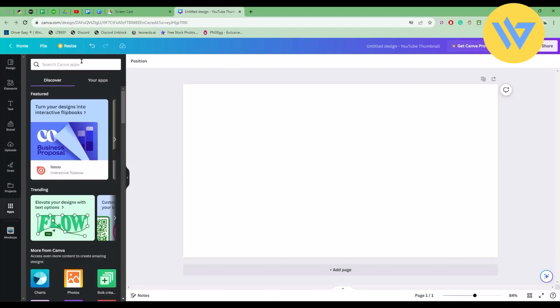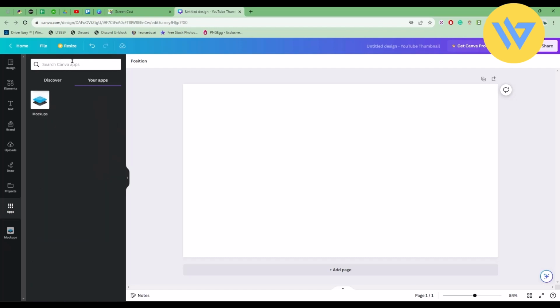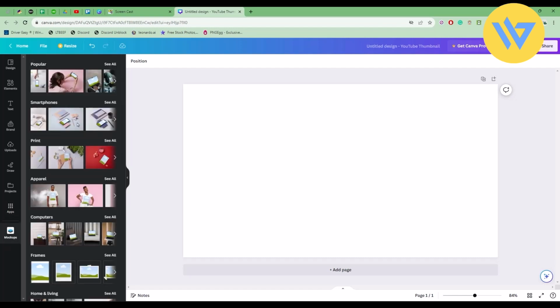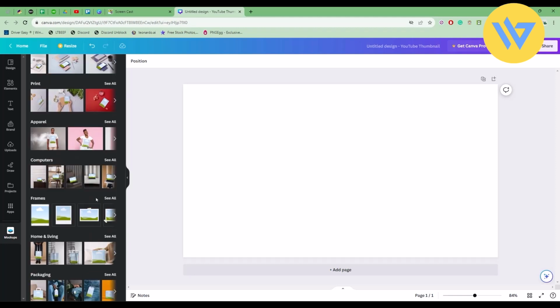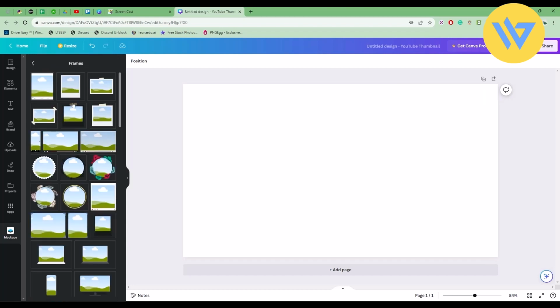Now in apps you have to get the app called mockups. So just simply search for mockups over here and then just simply click on it. After that you will find a panel something like this. Now you will have a lot of mockups as you can see over here, but below you will find a column for frames. So click on see all and over here you will find a huge variety of frames